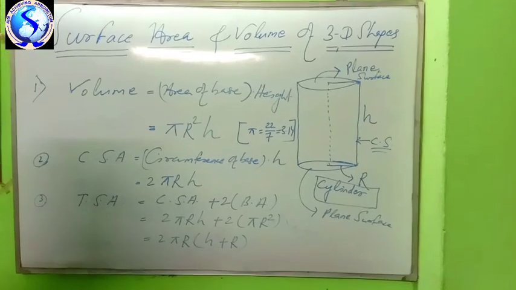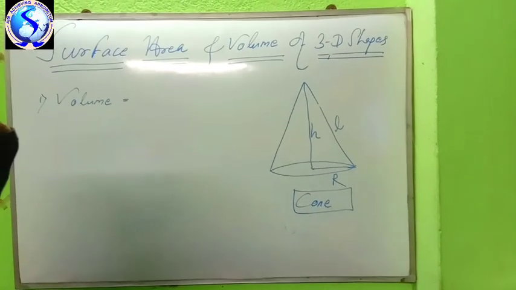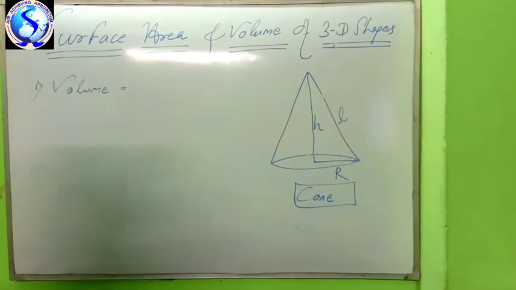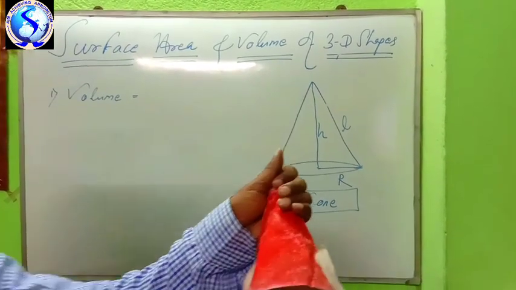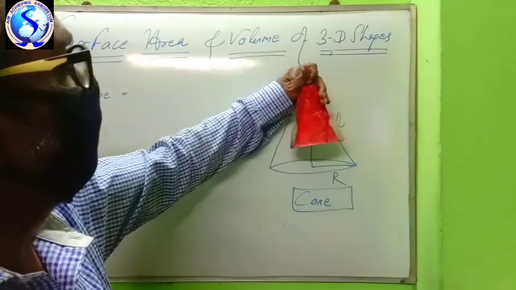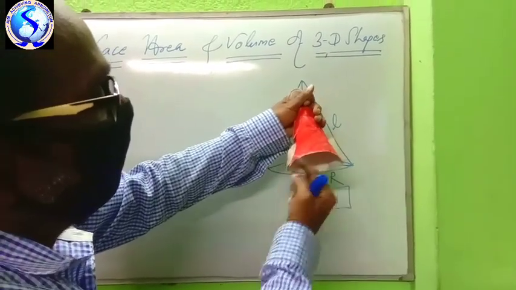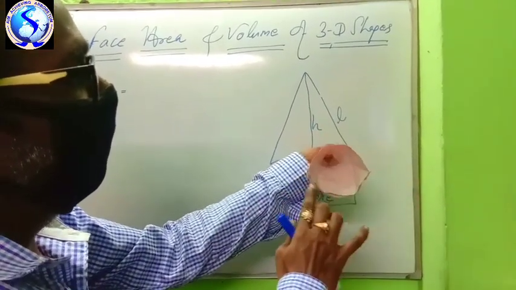Last one, next it will be the cone. Number 3. Next we are taking a 3D shape like a cone. You have taken cone ice cream from the market. Again you have seen the cap also. See, this is a cone. This is a plane surface. This is a circle. This is like a cone. This is nothing but a circle.